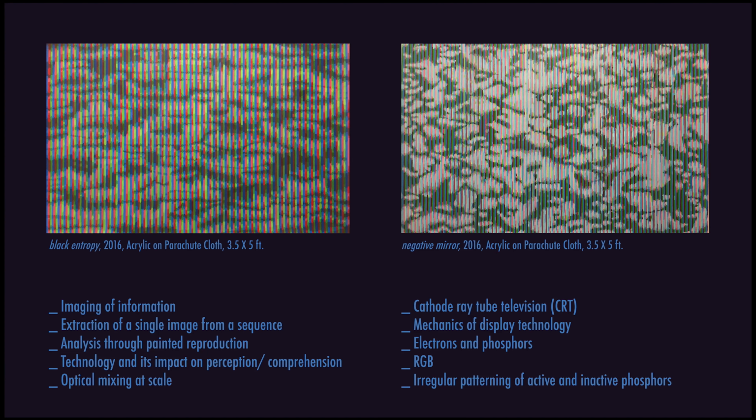So I look into this and I find out a cathode ray tube television is a very unique technology. It is a vacuum tube that has, the antenna brings the information down to a small gun that shoots an electron at the back of the screen, which is coated in phosphors. They temporarily glow when the electron hits it. So we get this image start to happen in normal TV when it's very organized. When the information coming in is not organized, you get irregular patterning. Active and inactive phosphors, on, off, on, off.